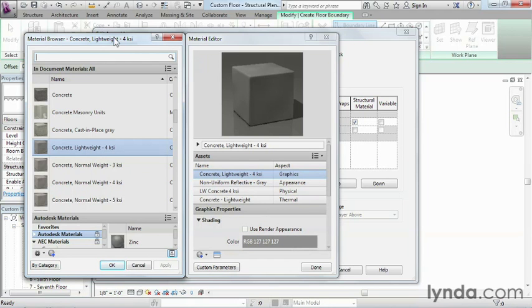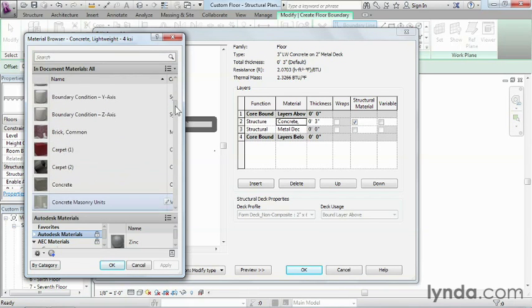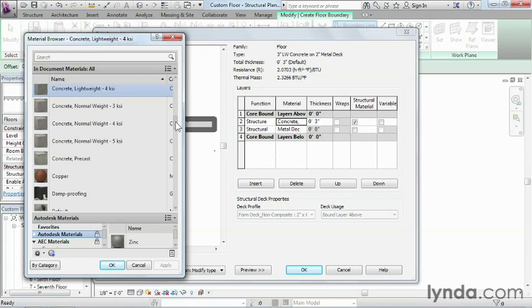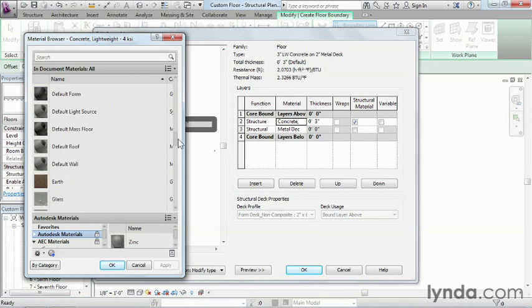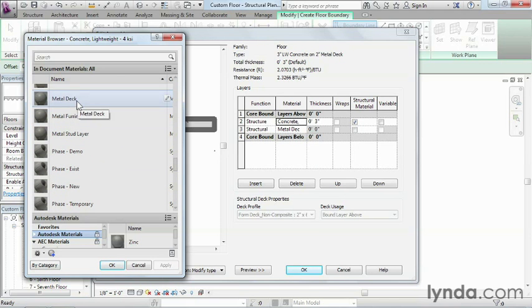Now, what just happened here is that we can see what's called the material browser. And it was brought up because I clicked inside of this concrete dialog box. What this does is allow us to change whatever material we want associated with this floor. So if we wanted a different kind of concrete, or if we wanted to have steel or whatever, like in this case we can see the metal deck material, it would just be a matter of picking the appropriate material off of the list,